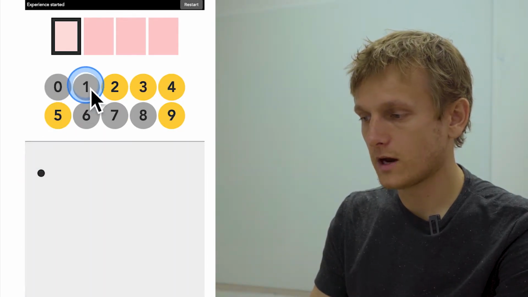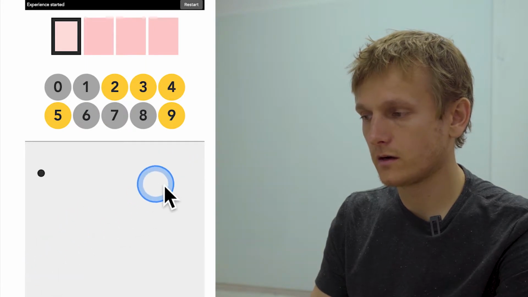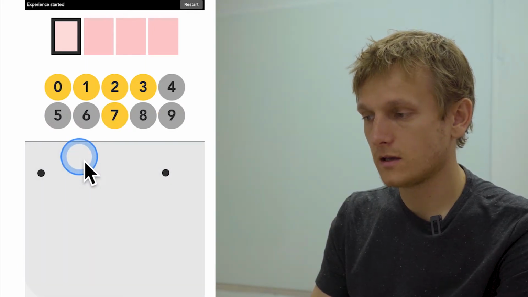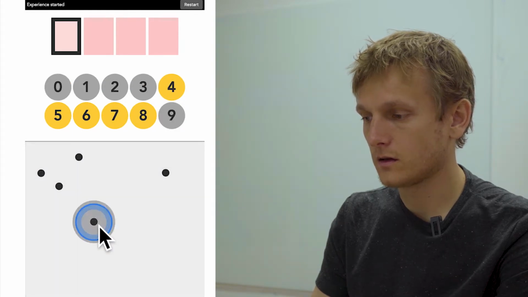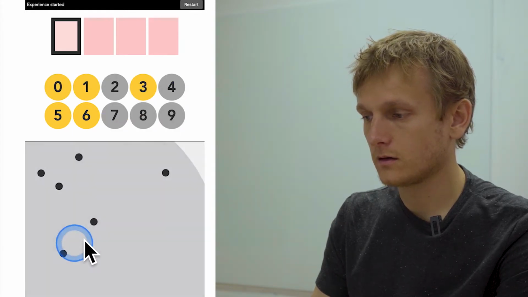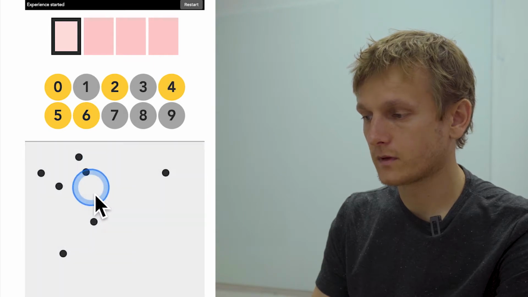So I want to type a 1 for my code 1, 2, 3, 4. 1 is yellow, so I'm using this top corner. And I'm just clicking, you see, on a point. So I'm looking now, it's gray. So I'm using a point on my gray bar. So gray, yellow, yellow, gray, gray, yellow, gray,